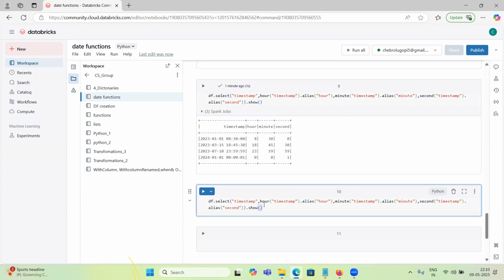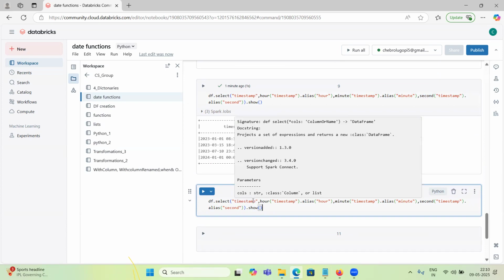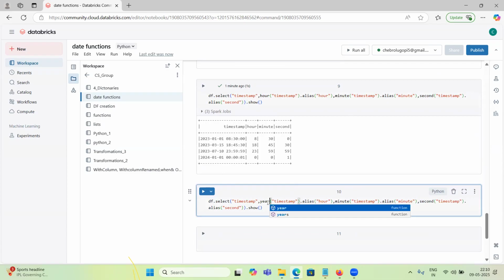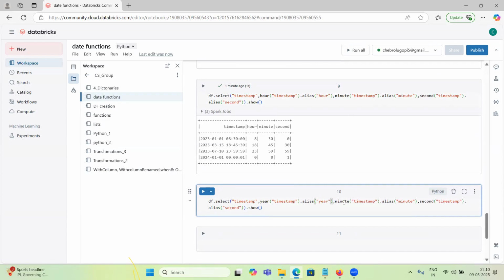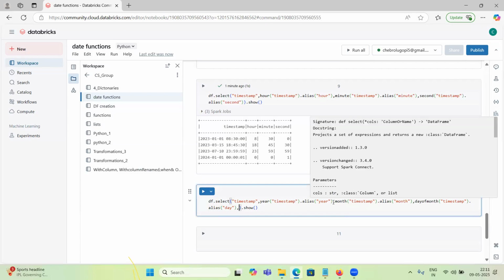Okay, df dot select timestamp only. From this timestamp, I want to extract date parts. I want to extract year. Okay, month I want to extract. If you want to extract month, you can use the month function. And if you want to extract day, we have day of month. If you want to extract day, you can use this. Also, if you want to extract day of week,